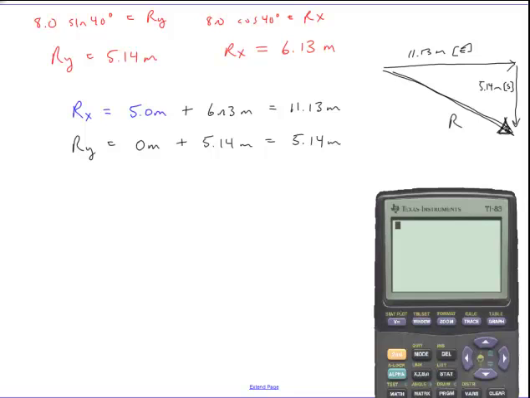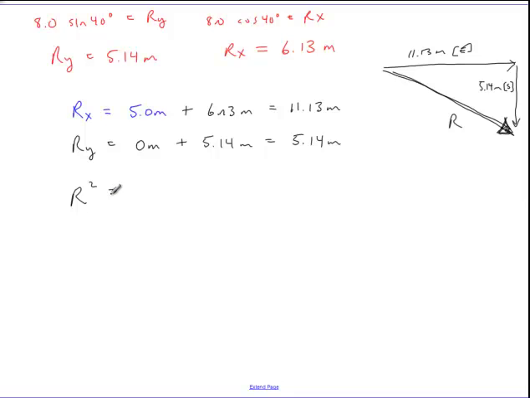Putting my calculator to the side so it doesn't turn off again. 11 meters, 5 meters. How do we get r? It's just r squared equals x squared plus y squared, or c squared equals a squared plus b squared. So r squared equals